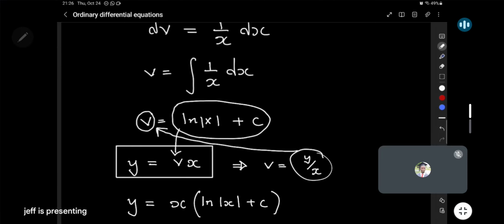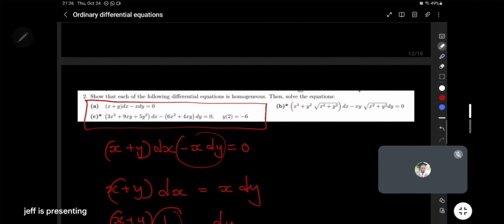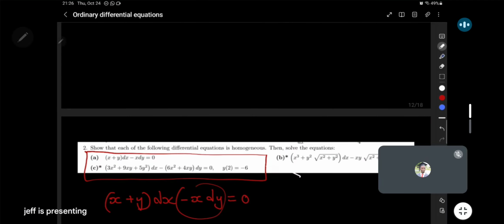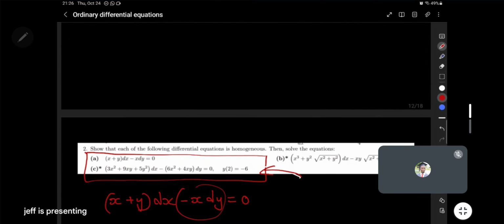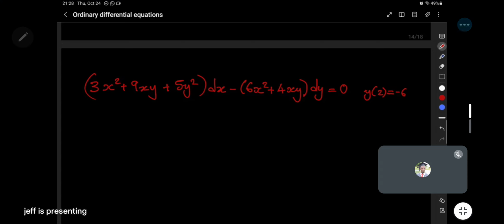Now we move on to a tricky one. So now we move on to this problem here. So how do we solve this? Still, we want to first check if it is homogeneous, then move on to solve the expression. Okay, so here, how do we work out this problem? Just like before, we first want to check if it is homogeneous. To do that, we'll isolate dy on the right side,